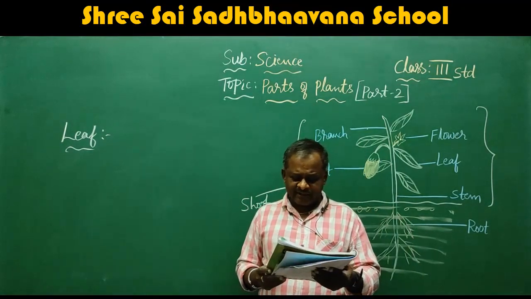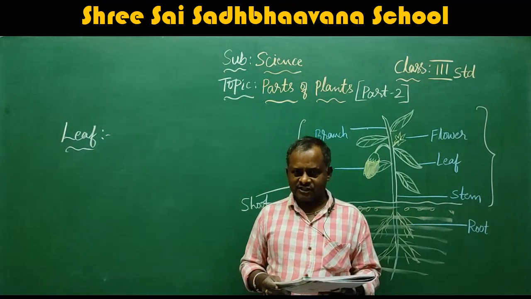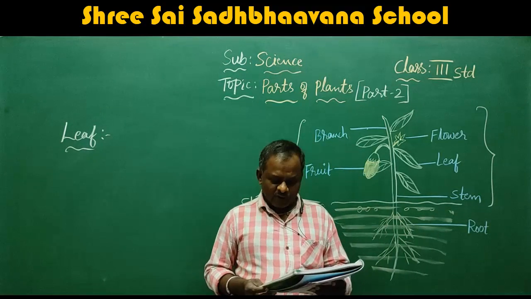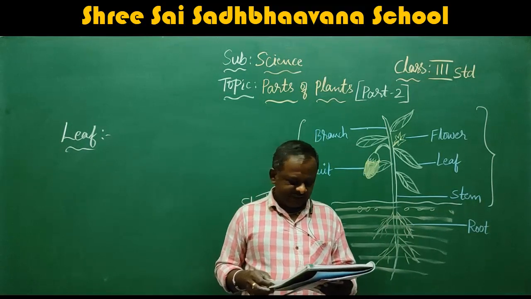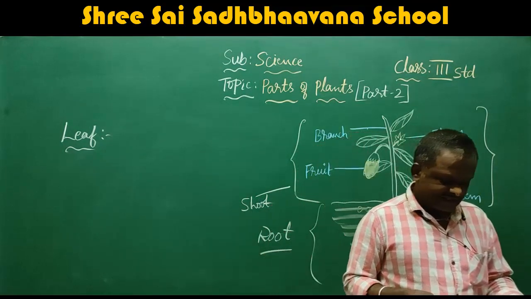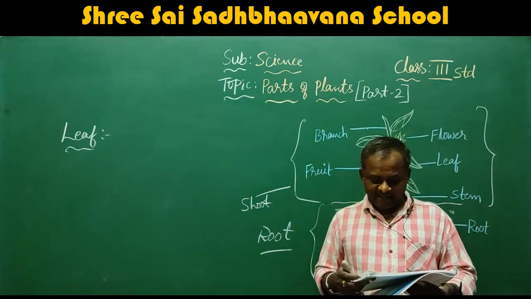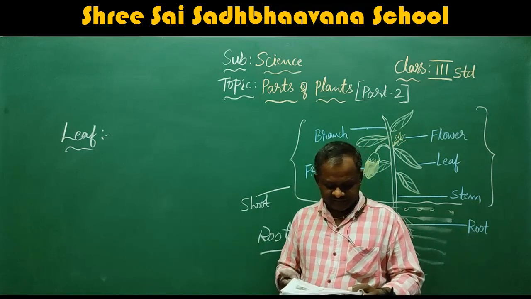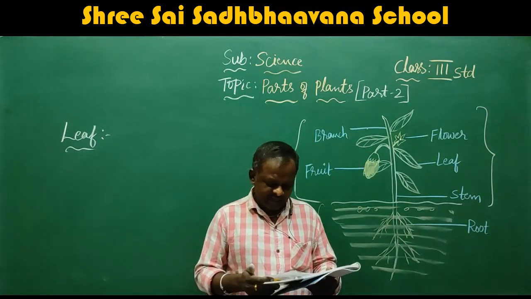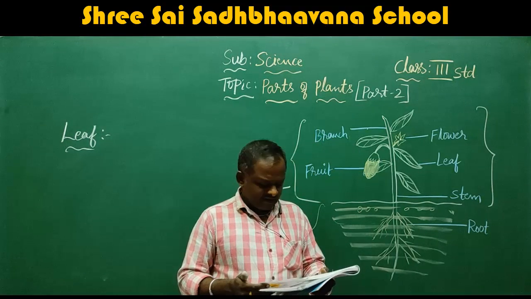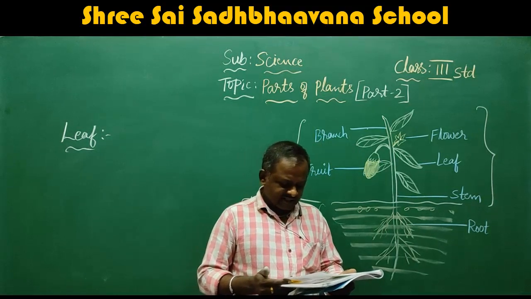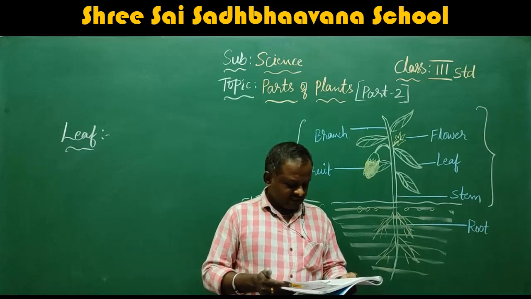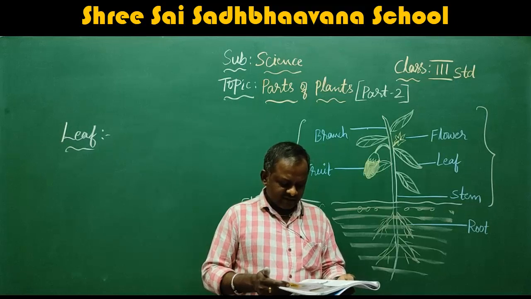I am reading, you just watch the textbook. The leaf is the most important part of the shoot. Most plants have green leaves. The flat and broad part of a leaf is called leaf blade or lamina. In the middle of the leaf there is a main vein. Many side veins arise from the main vein. The veins carry water to the leaf. On the underside of the leaf there are tiny pores called stomata. The stomata throw out extra water from the leaves.